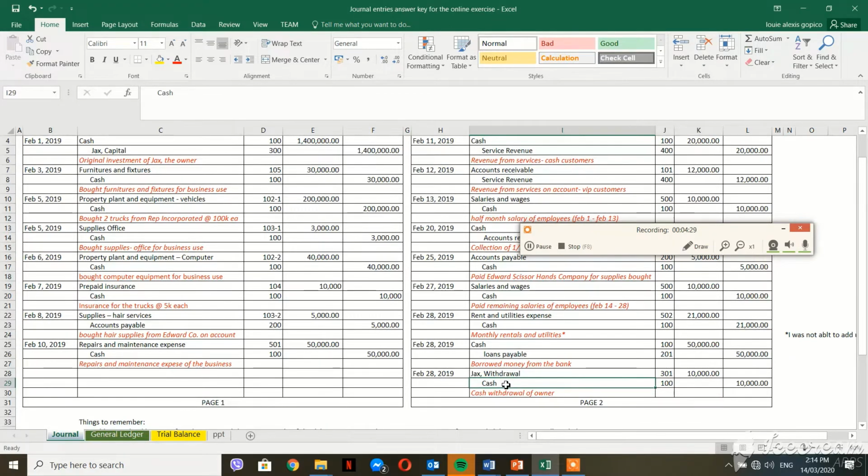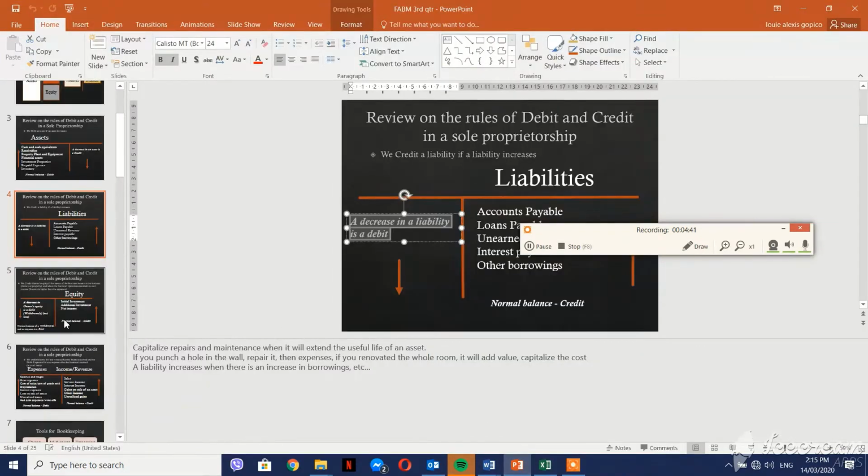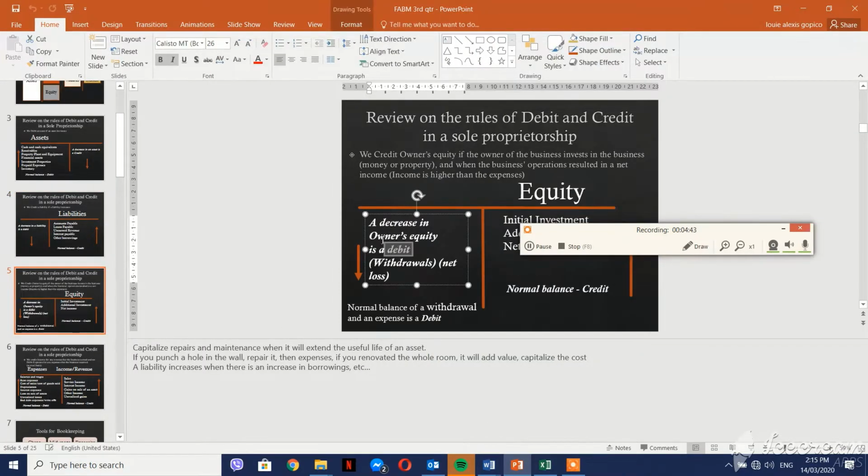That's why here we credit cash and we debit withdrawal because withdrawal is a decrease in the equity, and a decrease in the equity is a debit, di ba? So basically, the owner's share in the business will decrease. That's why it is a debit to